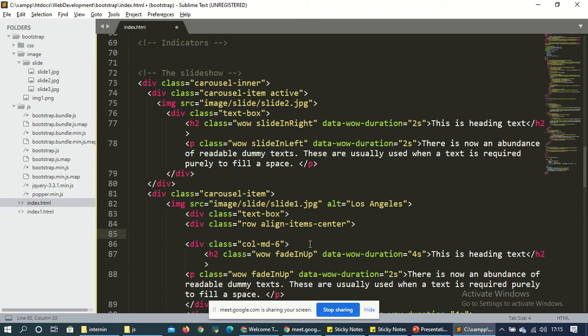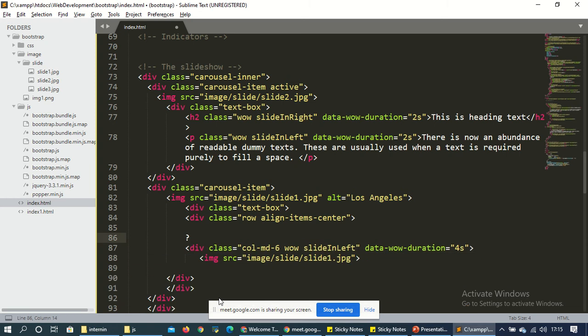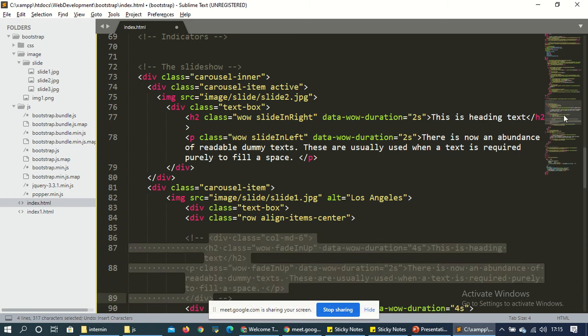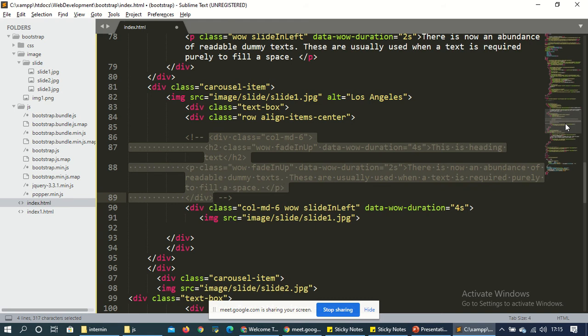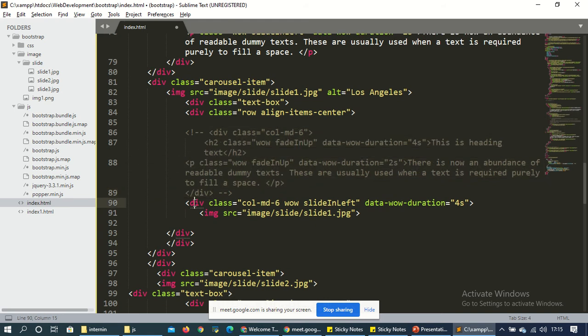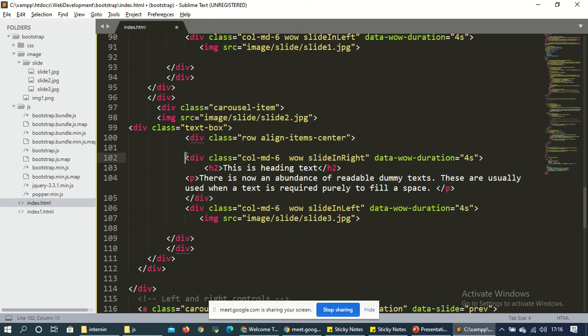If you don't want the text, you just remove this or make a comment on that code. Comment on one, and just come down. If you don't want it, again you can make a comment on this one.